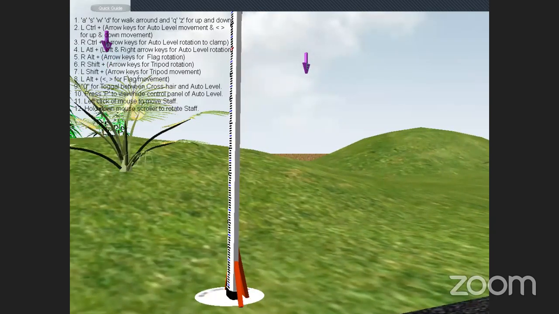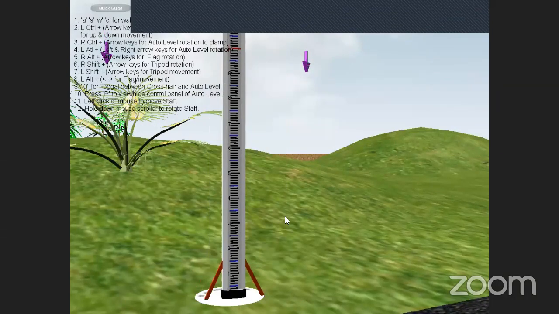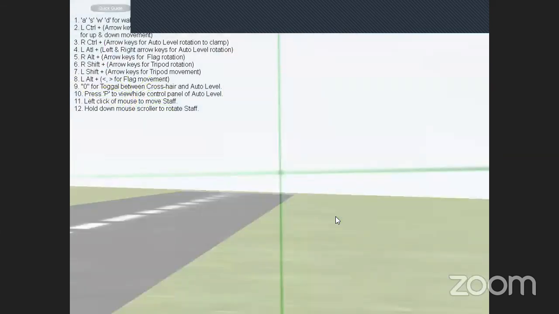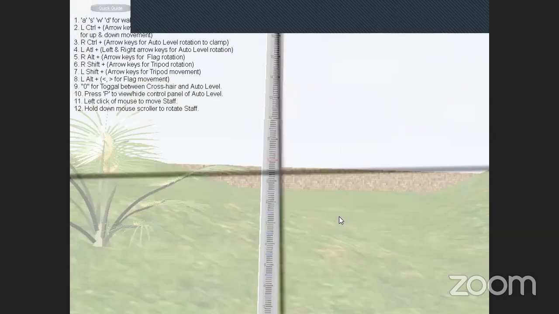By using the middle button of the mouse, you rotate the staff with reference to the telescope direction. You have to keep it on the center point.